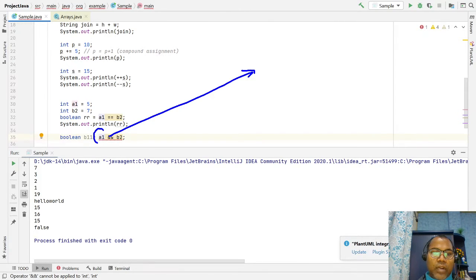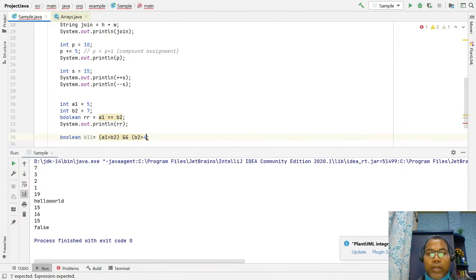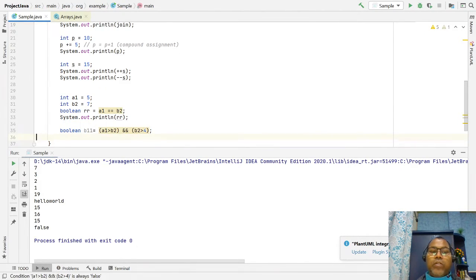On the left side you need a boolean expression, and on the right side you also need a boolean expression. So here you have to write a boolean expression like a1 greater than b2. This returns a boolean. And here you can also apply something like b2 greater than 5 or 4. Now it works. So be sure that this is the way it works.